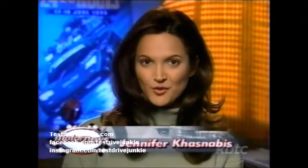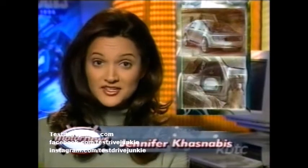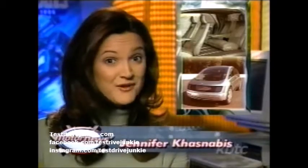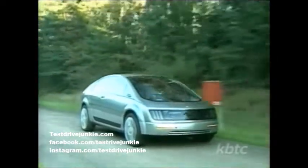Since its inception over 100 years ago, the automobile has taken many forms, but for the most part, its power source, the internal combustion engine, has remained a constant. A radical new vehicle from GM, though, may change that. It's called the Hywire, and while it uses technologies we're already acquainted with, they've never been packaged in a car